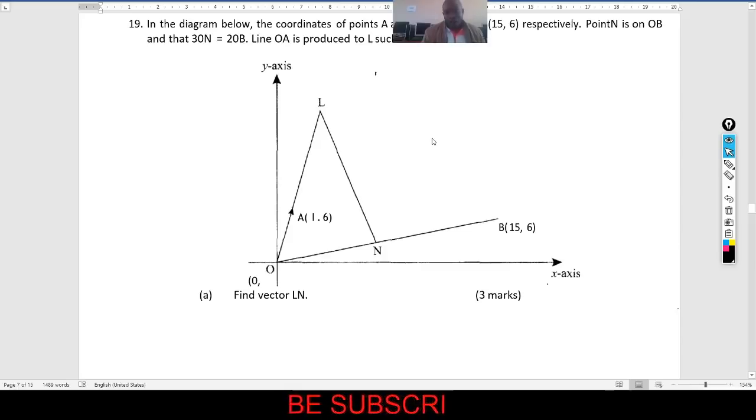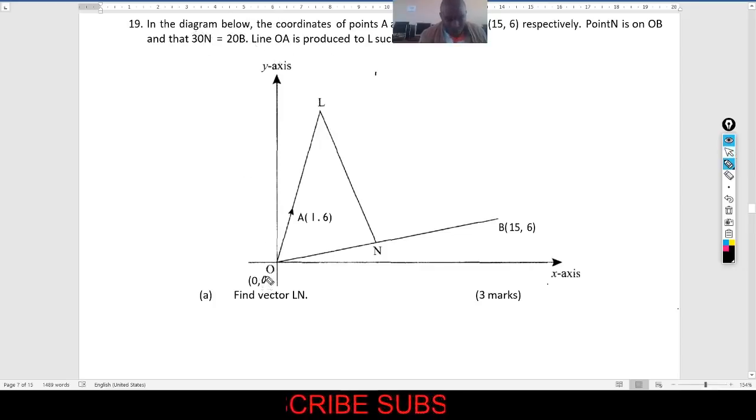And to show parallelism, we must show that if it is LM, there is a common multiple. If there is a common multiple, therefore, they are parallel. And if they are parallel and there is a common point, then they are collinear. So I'm going to explain how to do that. This question is talking about finding the vector LN, but remember here you are told that